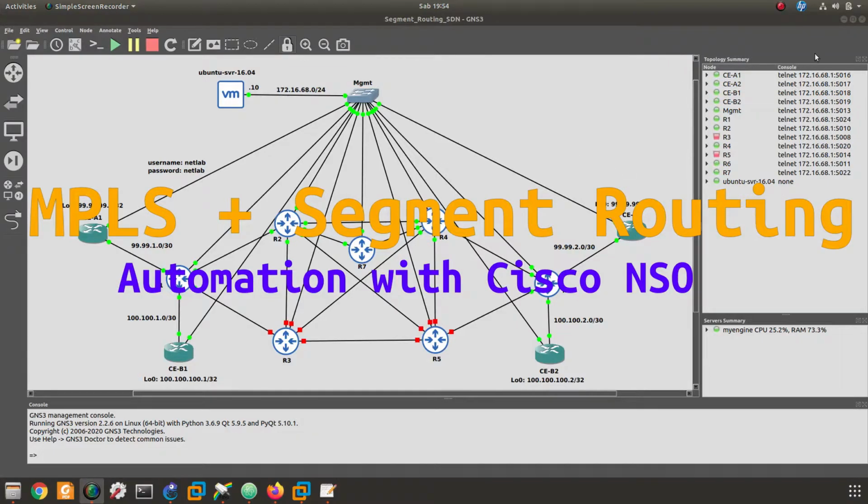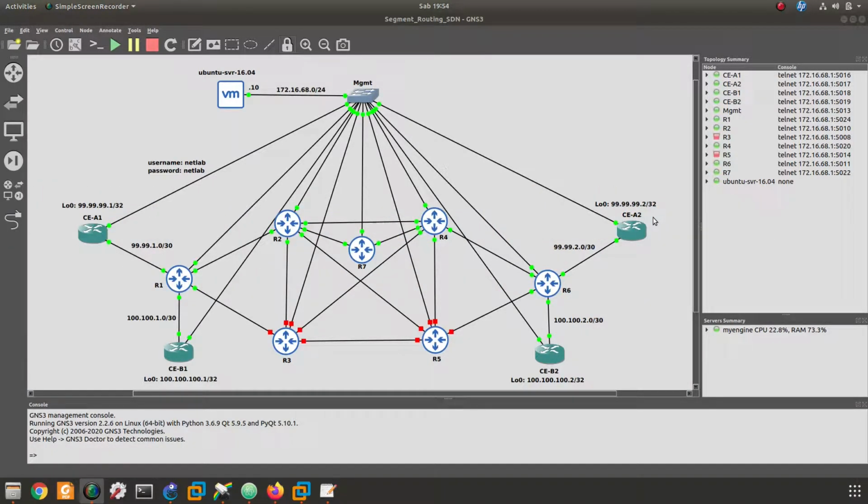In this video, I'm going to share my experience in network automation using Cisco NSO. Some of you may already know about Cisco NSO. It is one of the network automation tools created by Cisco that can help us do network automation. It is quite powerful,